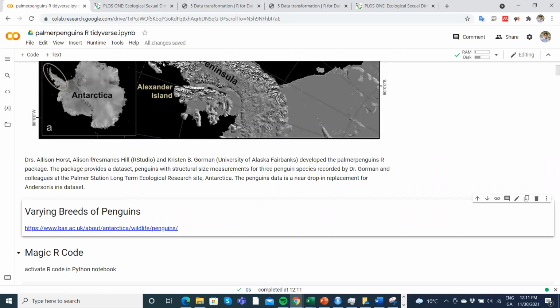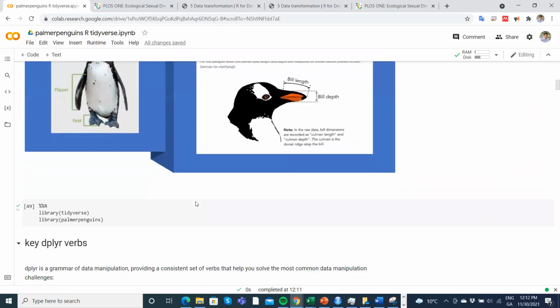It's probably worth noting that the R package, palmerpenguins, was developed by Allison Horst, Alison Presmanes Hill, and Kristen B. Gorman. And part of their motivation was to get a data set that,